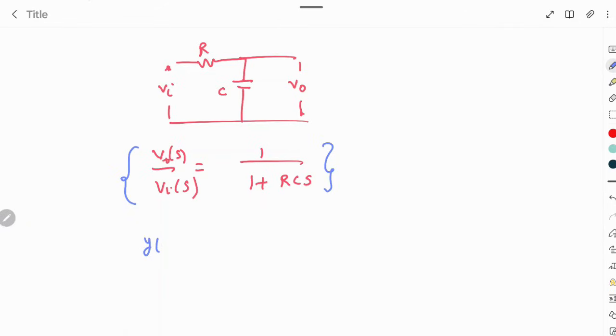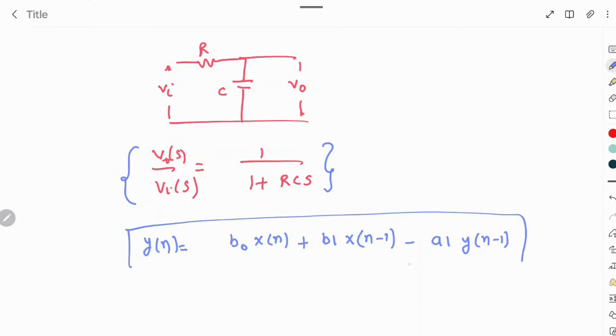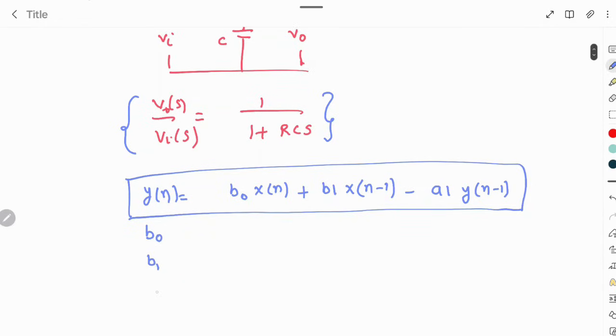By using the bilinear transformation, the output will be equal to b0 times x of n plus b1 times x of n minus 1 minus a1 times y of n minus 1. So this is the digital implementation of the RC filter, where b0, b1 and a1 are